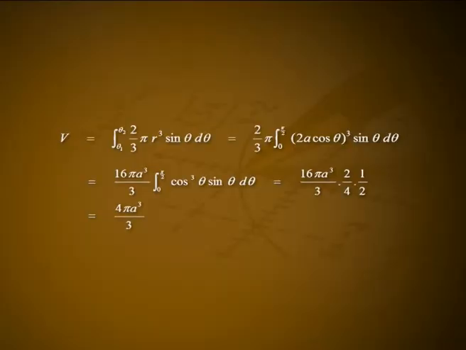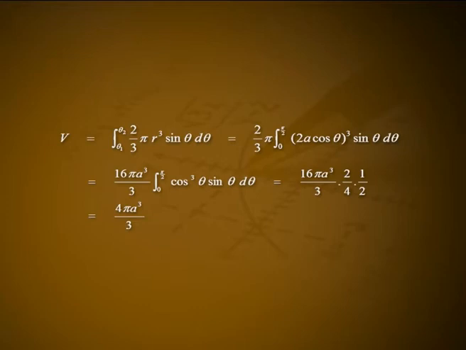Example 5. Determine the volume generated by the revolution of the curve r = 2a cos θ about the initial line. Solution. The volume generated by revolution about the initial line is given by V = ∫ from θ₁ to θ₂ of (2/3) π r³ sin θ dθ, which is equal to (2/3) π ∫ from 0 to π/2 of (2a cos θ)³ sin θ dθ,